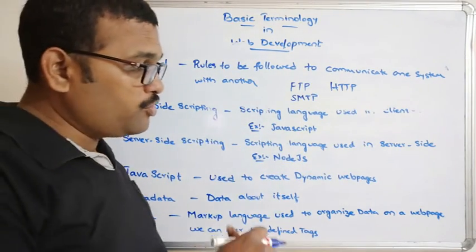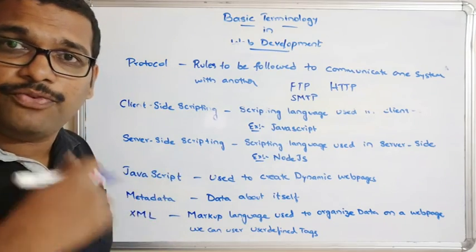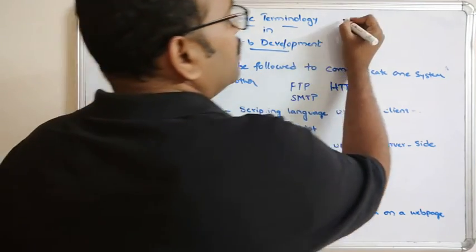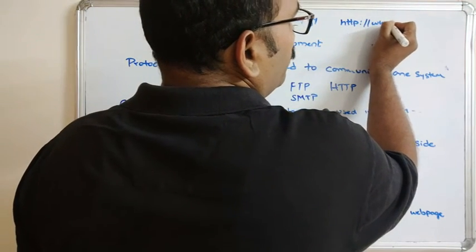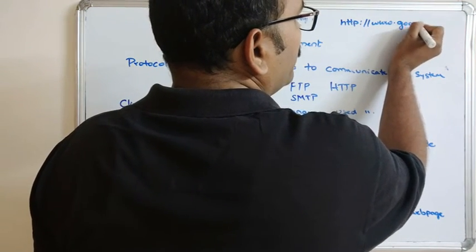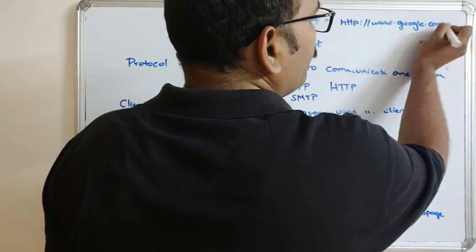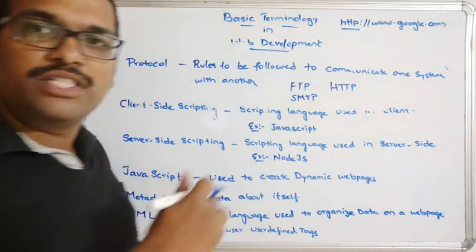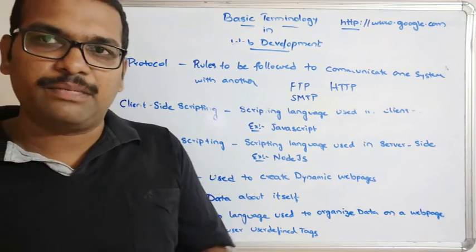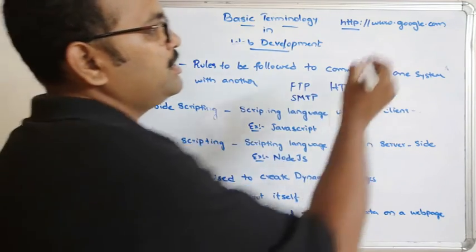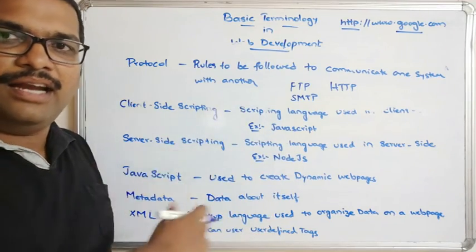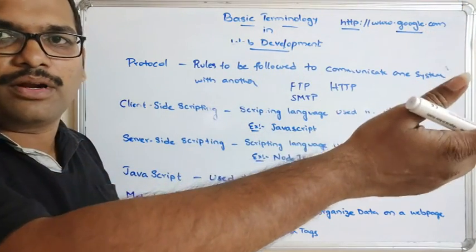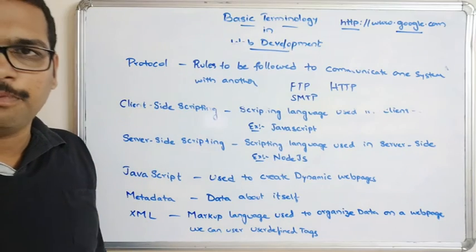So if you are giving a website, first it will be HTTP colon, and here you are going to give the URL. So let it be google.com. So what happens here? HTTP is a protocol which transfers the hypertext markup language, and this is the domain name, which will be converted into an IP address, and it will be redirected to that particular server. Okay, and we are getting the response to the client,